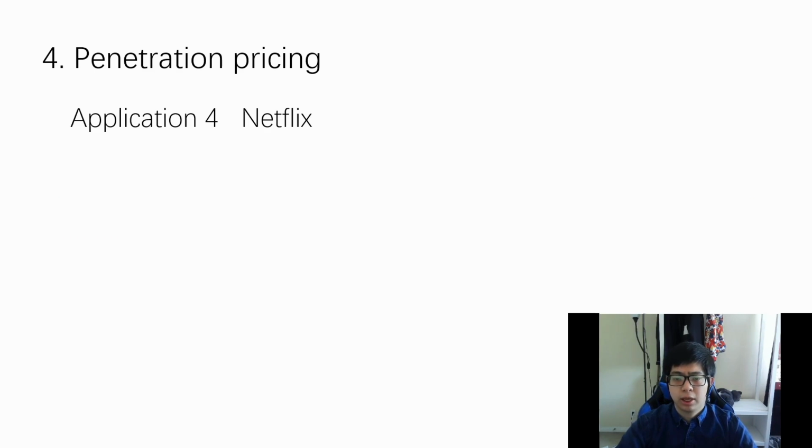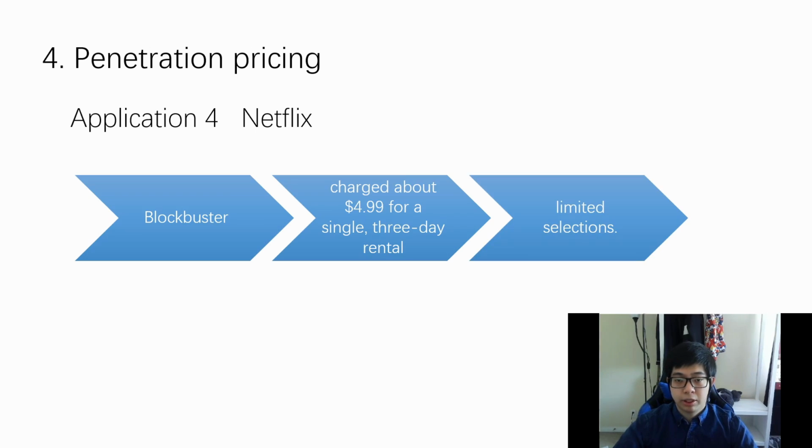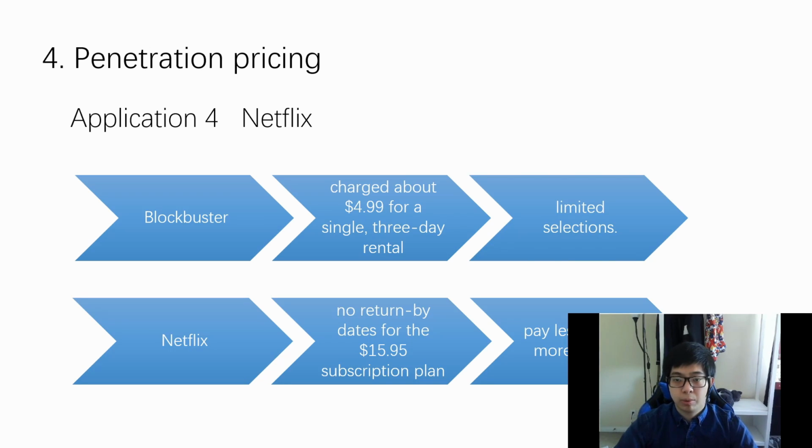Penetration pricing allows retailers to set prices lower than the final market price to persuade consumers to try their products. The most successful example for this strategy is Netflix. In the late 1990s and 2000s, DVD rentals were becoming mainstream. Blockbuster was an American-based provider of home movie and video game rental services. Although it dominated the home entertainment market, it still had problems with limited selection.